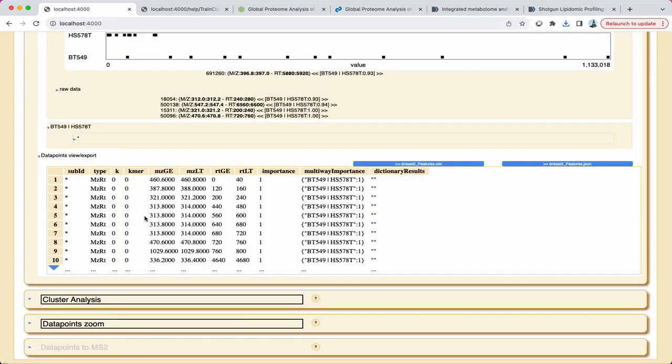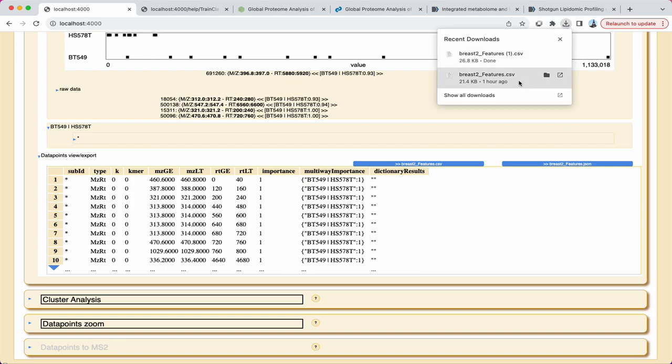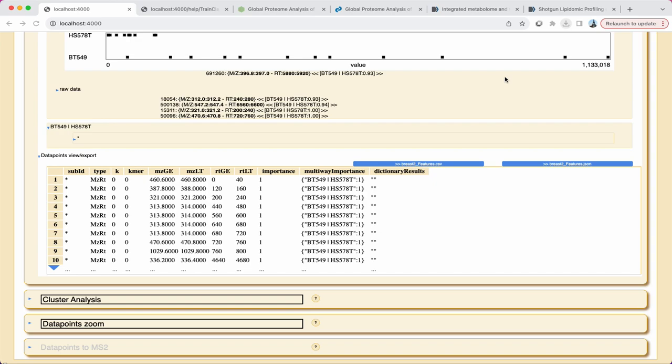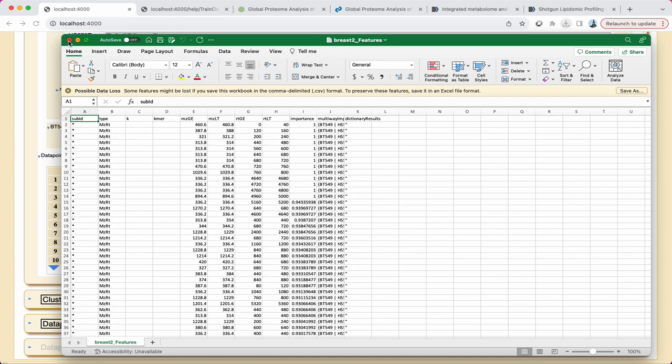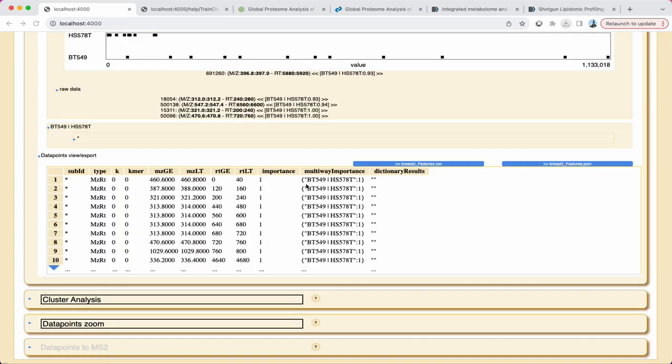The data includes retention time and M over Z coordinates for each data point, different chromatography or mass spec protocols used if multiple have been included in the analysis, the classifier value or importance score, which comparison the score is relevant to, and any information that comes from the dictionary file you provided earlier.